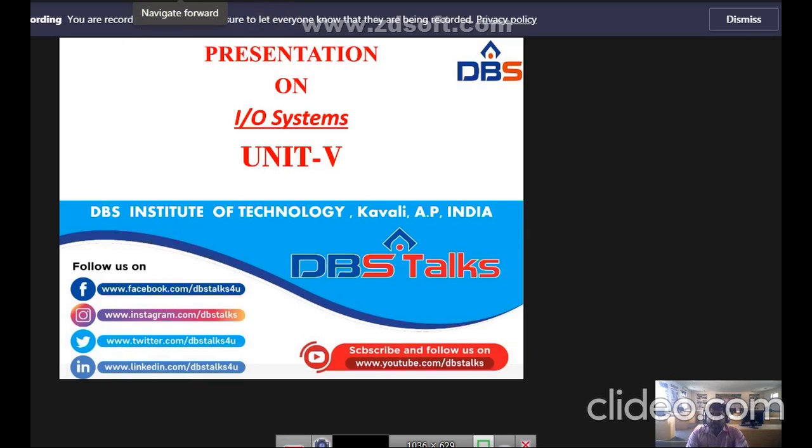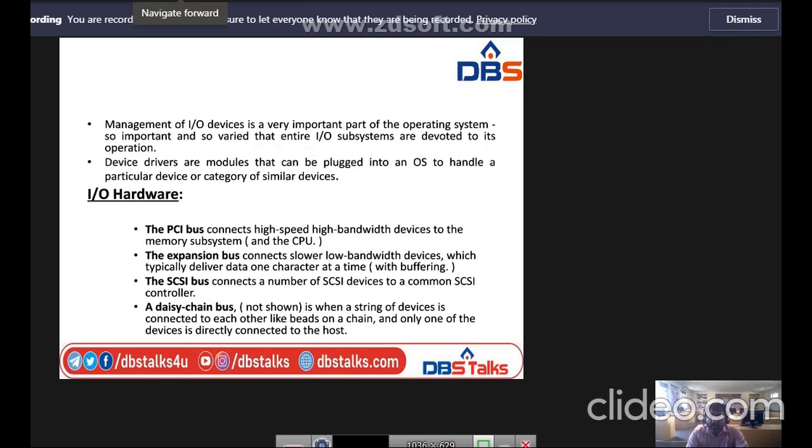Coming to I/O systems, management of I/O devices is a very important part of the operating system. So the entire I/O subsystem is devoted to its operation. I/O subsystems must contend with two conflicting trends. So the first one is the